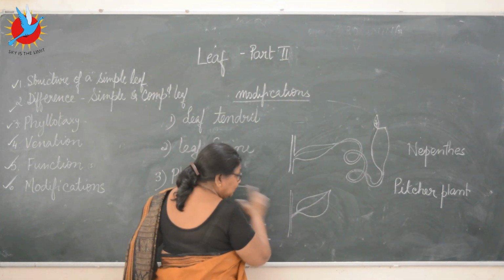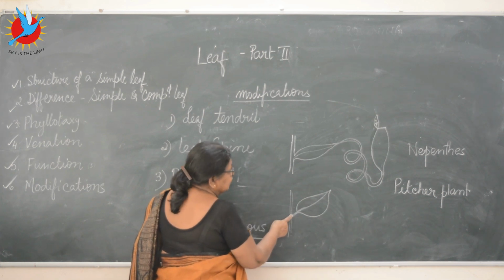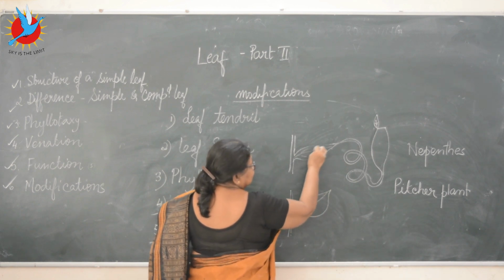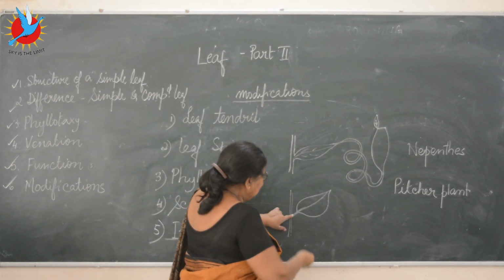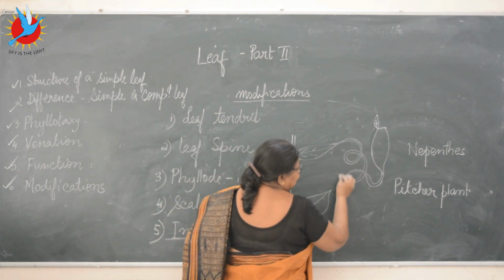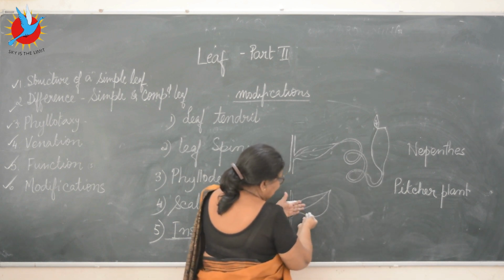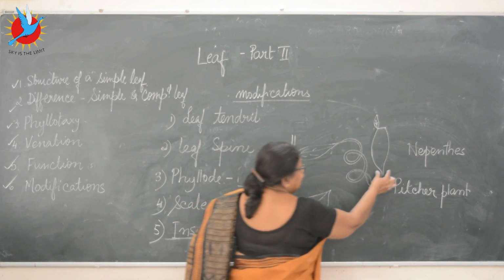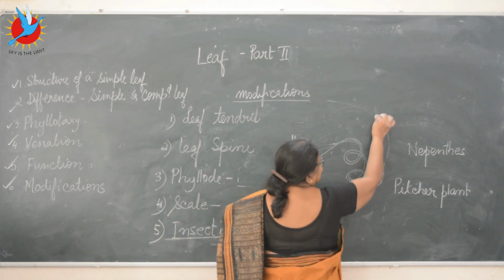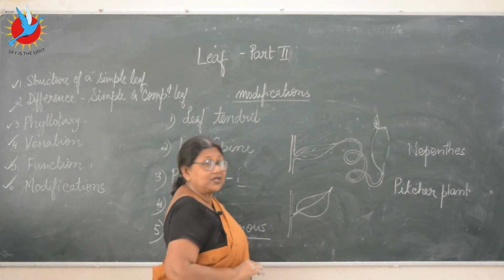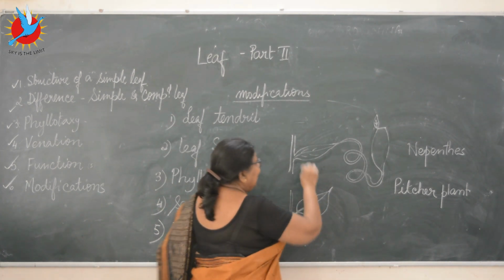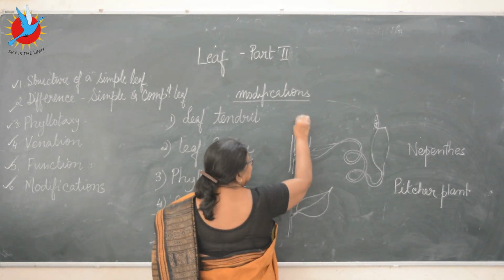Now here you learned when you did the simple structure of the leaf base. Here the leaf base has modified into a leaf-like structure. It's not actually lamina, it is the leaf base. Then comes the petiole. This petiole here has modified into this round coil-like structure. And actually the lamina, that is modified into this pitcher. And this leaf apex has made the lid of the pitcher.